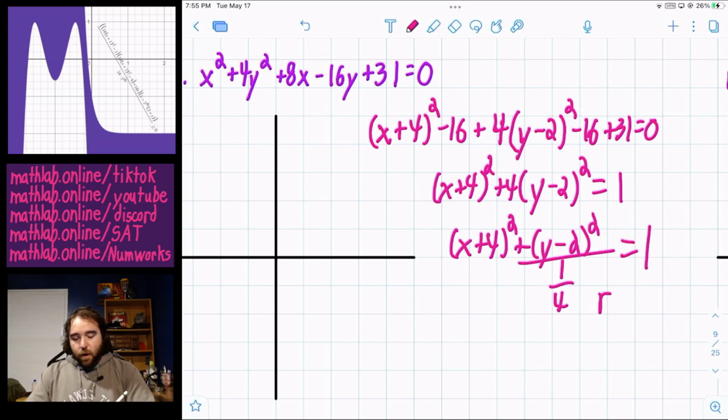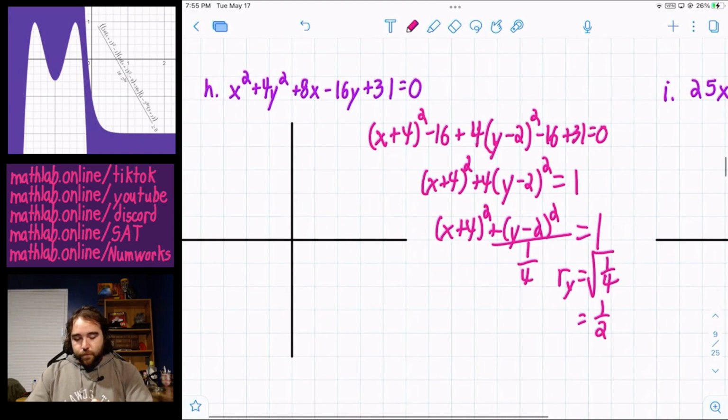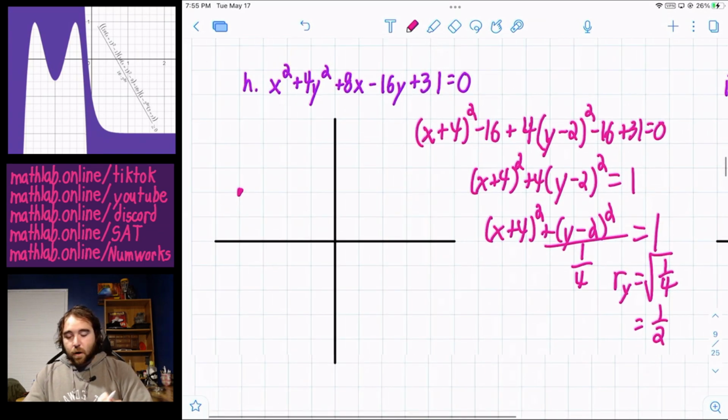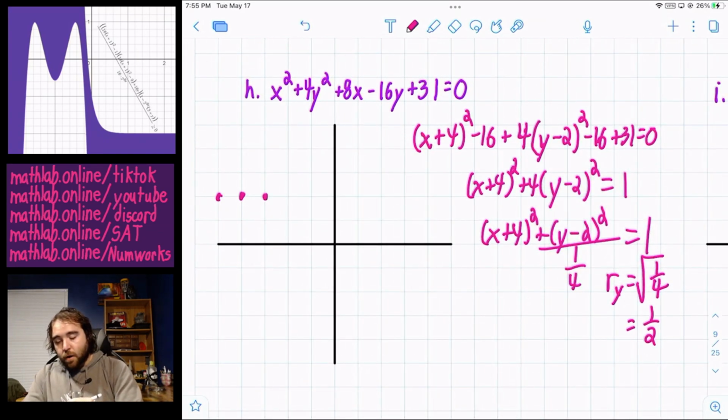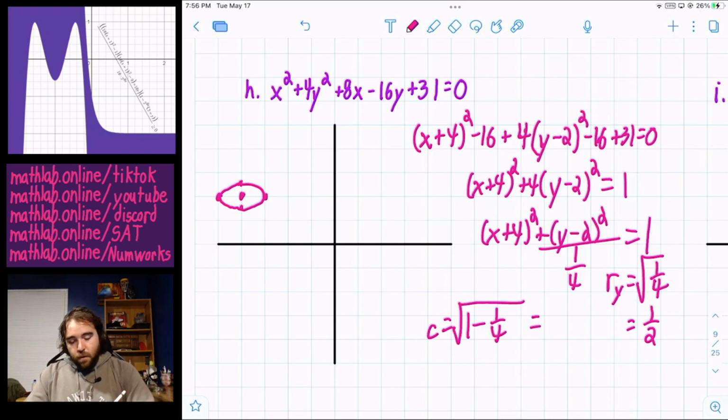equals 1. So our y is the square root of 1/4, which is 1/2. And our x is 1. So we can still graph it. Negative 4, 2, there's our center. So this is an ellipse because they're both positive. So our rx is 1 and our ry is 1/2. There we go. Our c is root 1 minus 1/4, which is root 3/4, which is root 3 over 2,